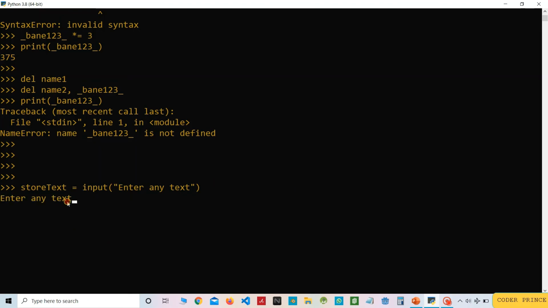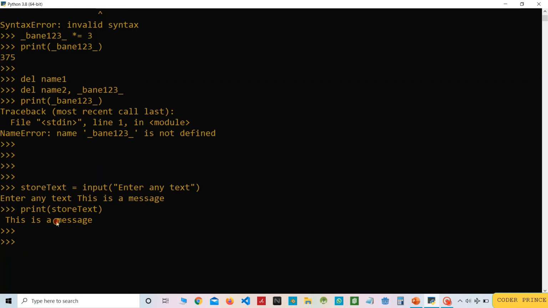So this prompts me for any text. I will write, this is a message. Now if I print store_text, you can see that this is a message is stored in that variable.